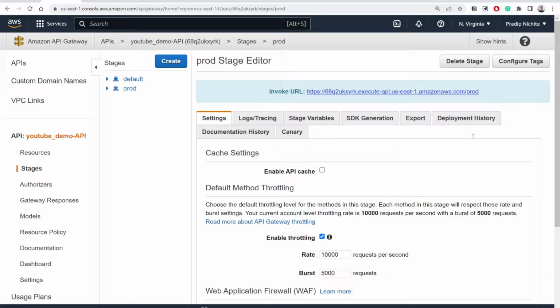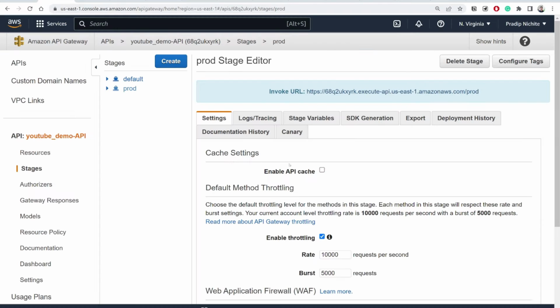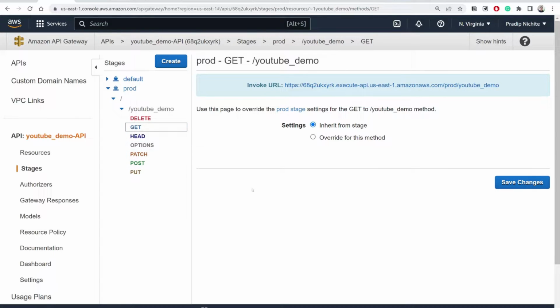So let's copy this particular thing, or if you click on this, what will happen? The message is forbidden. Let's go and check the permissions, whether there is some issue. If you go to the prod, this particular thing, get method,